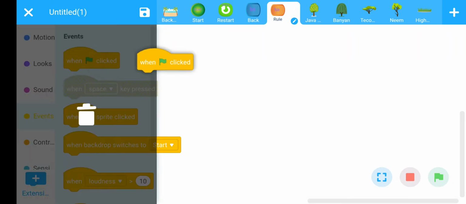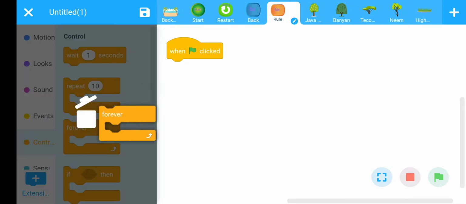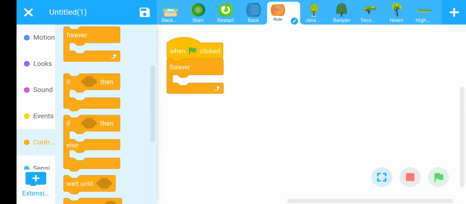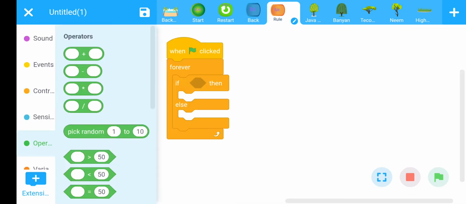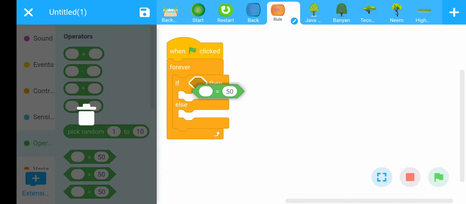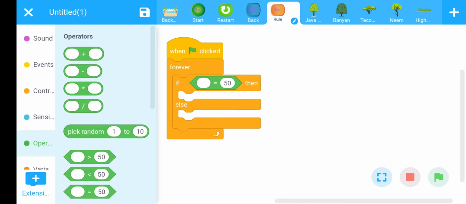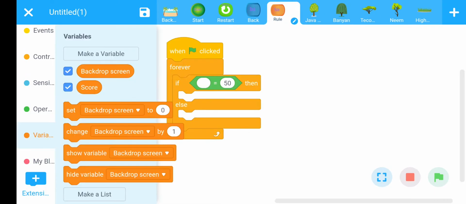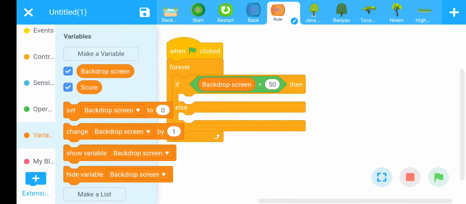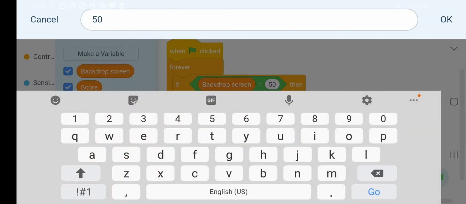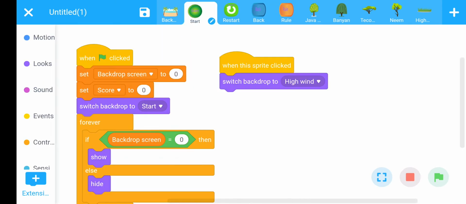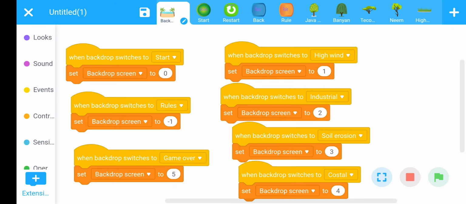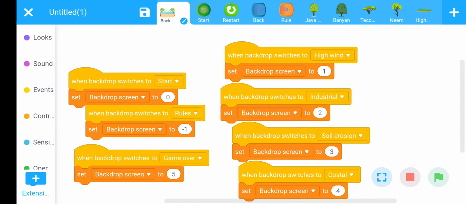Events section, when flag clicked, Control section, forever, use the if then else commands here. Same process, same steps. Go to Operators, use the equality operator, then go to the Variables section, backdrop variable, and choose the backdrop value 0, because you know that for the start screen the backdrop value is 0.